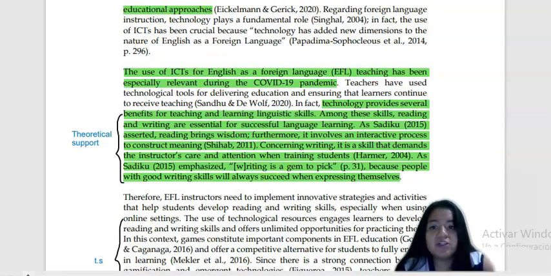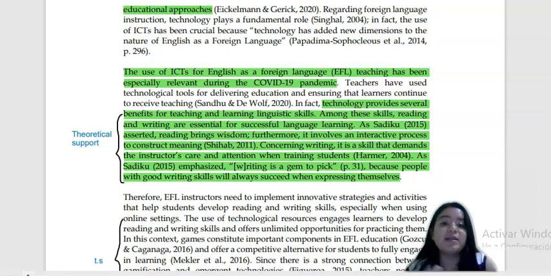Who have researched similar topics. She has put in here some of the findings these authors have made with respect to that theoretical support. She basically cited how technology provides various benefits, and how some authors consider reading and technology an interactive process between education and technology that provides various benefits in EFL classrooms, and other authors who have done research on the same topic in the same field. For example, she cites